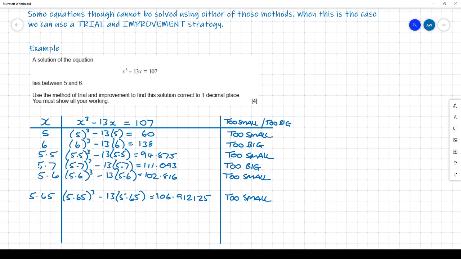When you get to that position and there's nothing left to try to 1 decimal place, okay, there's nothing between 5.6 and 5.7 to 1 decimal place. We have to go to more than 1 decimal place if you want to go between those. Then you know you have your answer. So it's either 5.7 or 5.6. To decide which is the best one, you've got to go halfway, 5.65. You substitute that in, check your answer, write down your judgment, too small or too big,